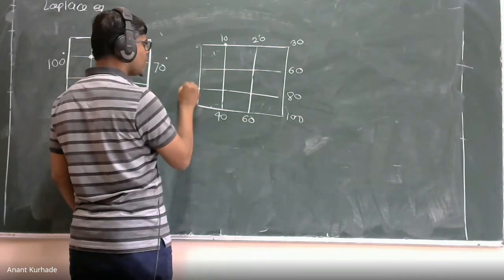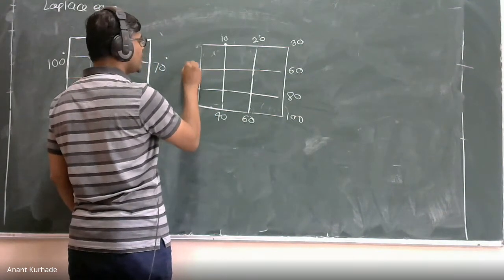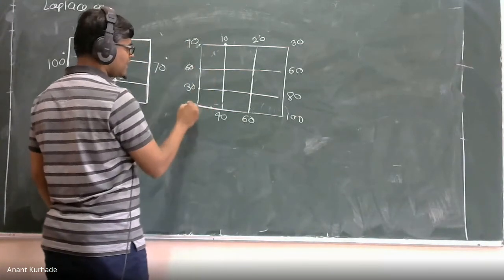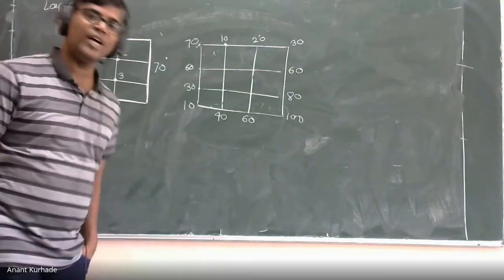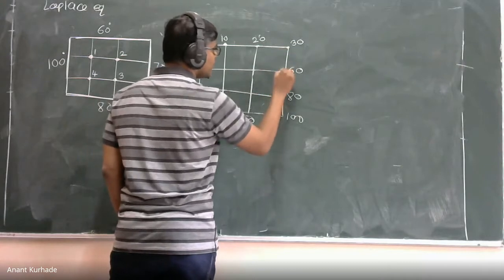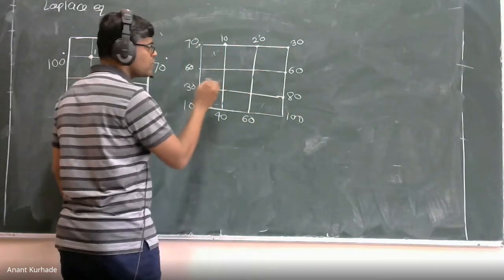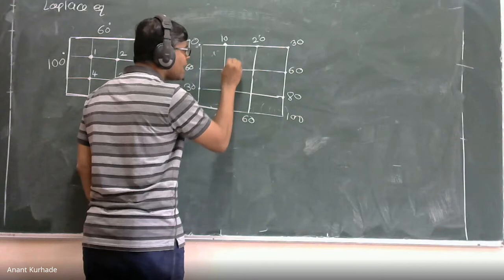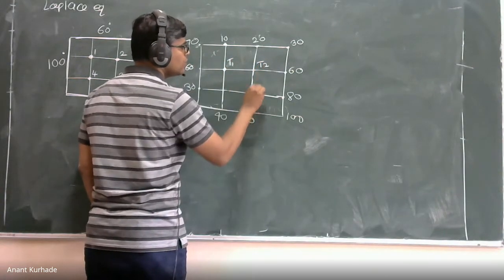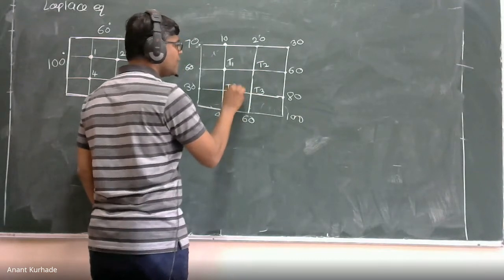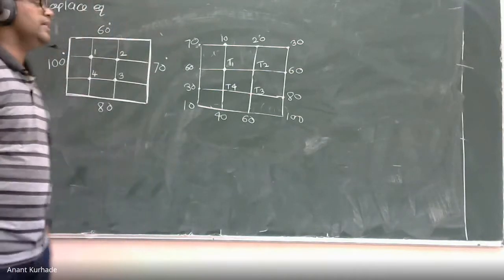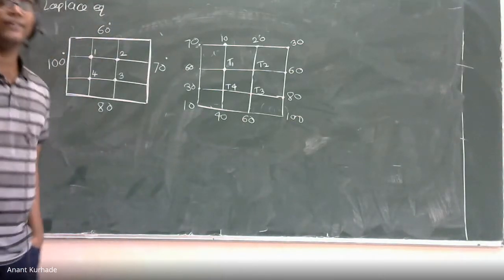Here you can have provided 30, here say 60, here 70, here say 10, like that. And we have provided the question, that means at each and every outside node we have provided the temperature, and you can have a question: find the temperature at. Or a simple question, given T1, T2, T3 and T4, find T1, T2, T3, T4 by using the Laplace equation.